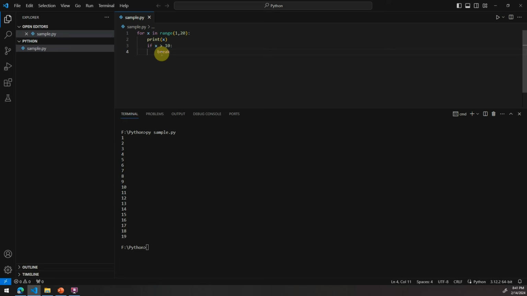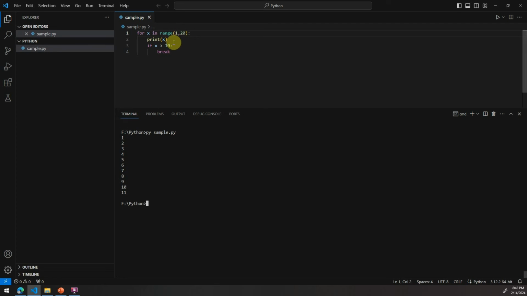So break will affect its immediate loop. That means if you have multiple loops nested inside, like for, inside that again for, inside that again for, the break will affect the immediate for. So here we have only one for loop, and when we encounter a break, it just looks up and there is only this for, and it will just stop that for. So now when you execute this particular statement, you can see it printed 1 to 10, and after that,